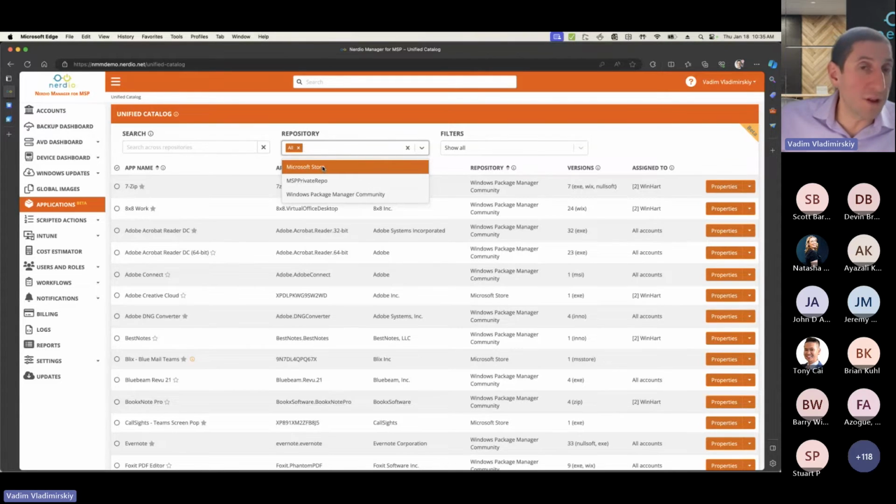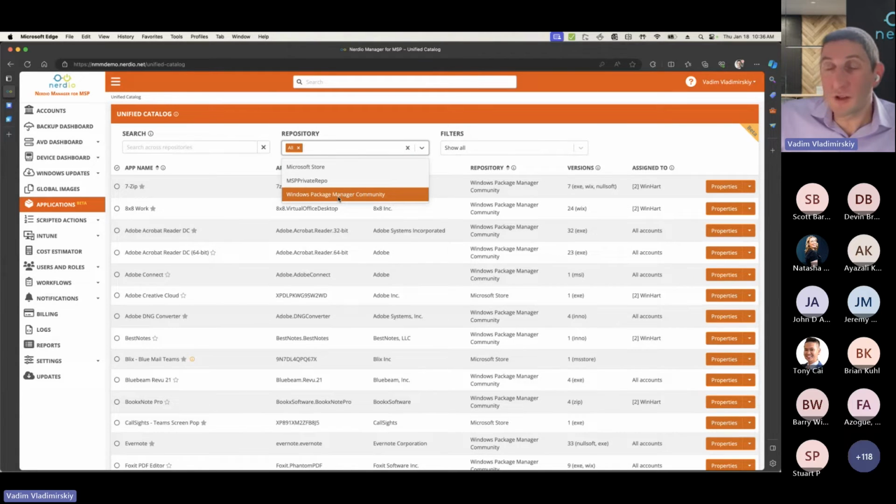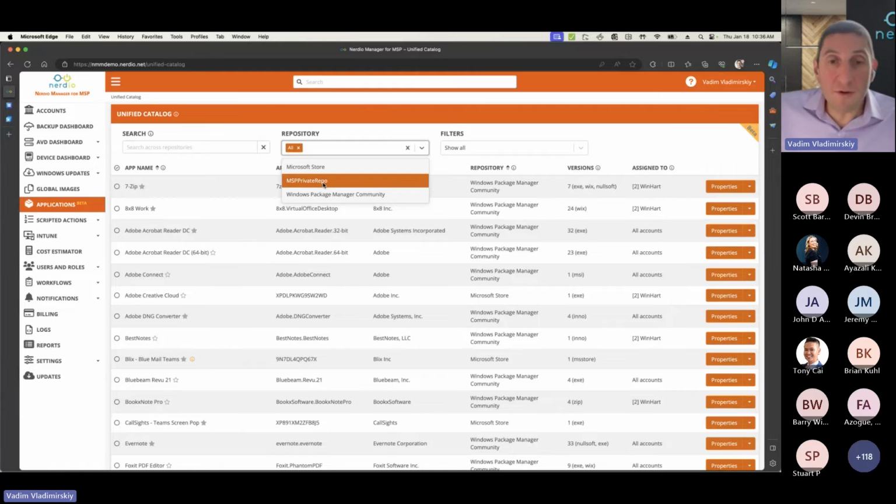2 of them will be available out of the box by default in every deployment, and that's the Microsoft Store, which again has the first-party Microsoft applications and the latest version of any third-party application. There's the Windows Package Manager community repository, which has thousands of applications and dozens of versions of each that's maintained for you by the publisher. However, you can also see I have a private repository, and the private repository is a WinGet repository